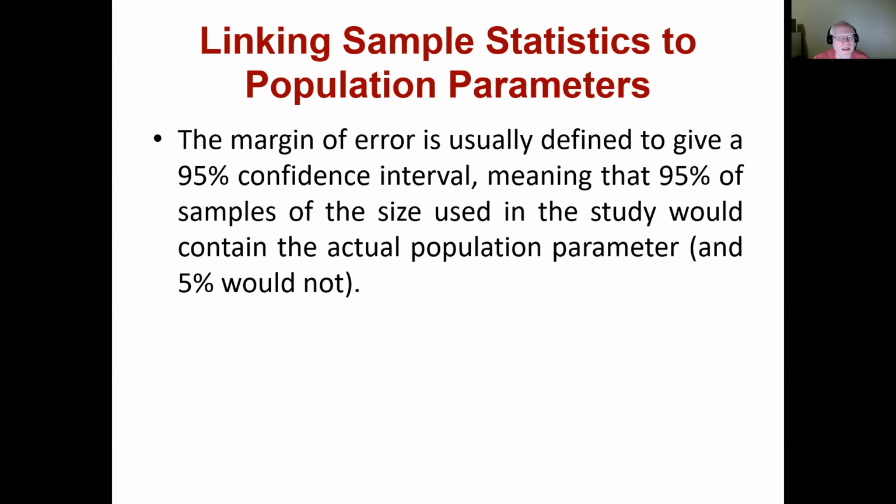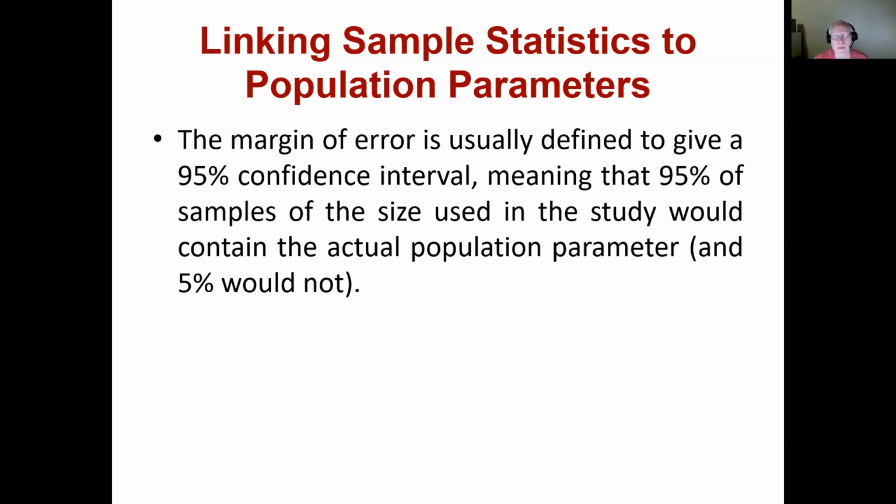The margin of error is usually defined to give a 95% confidence interval, meaning that 95% of samples of the size used in the study would contain the actual population parameter, and 5% would not. So often, because we're dealing with 95%, we talk about 19 times out of 20. This is actually misunderstood a lot of times by people when they're talking about confidence intervals. What it means is that if you took 20 different samples of the exact same size,